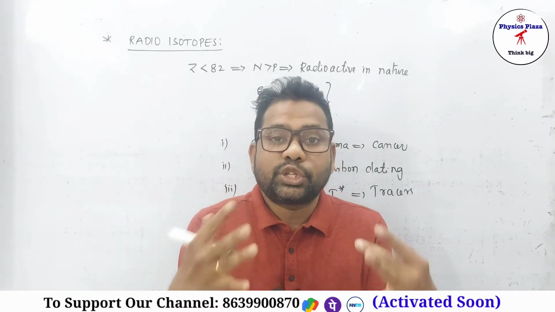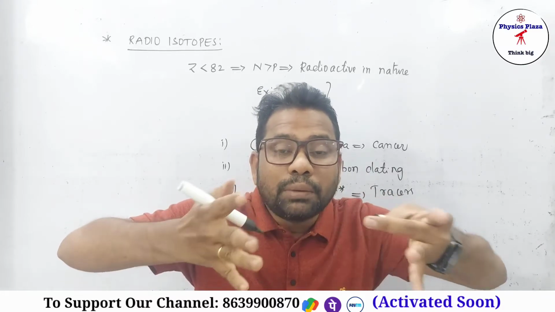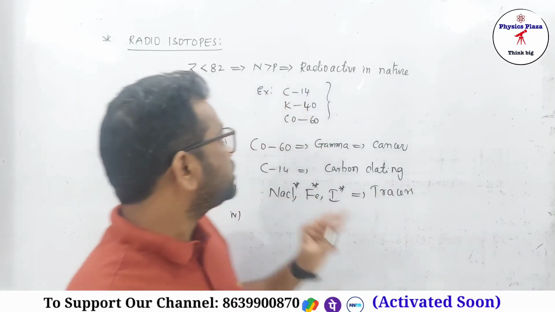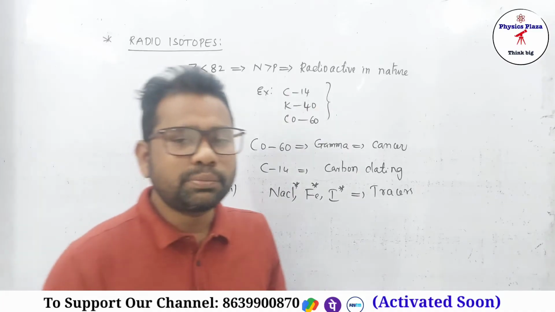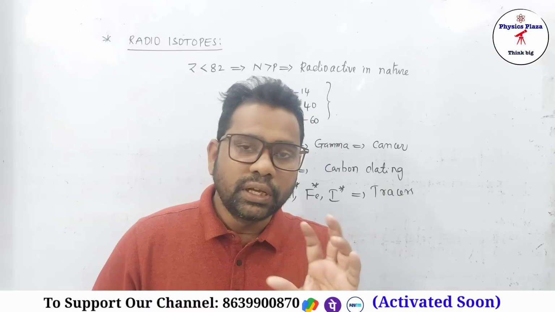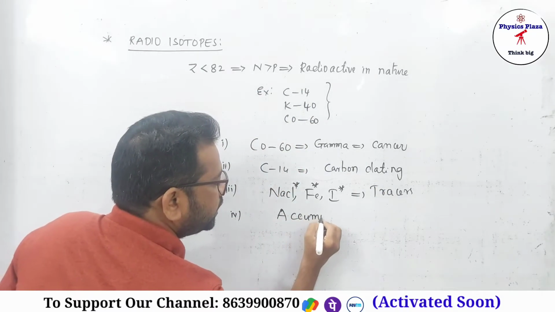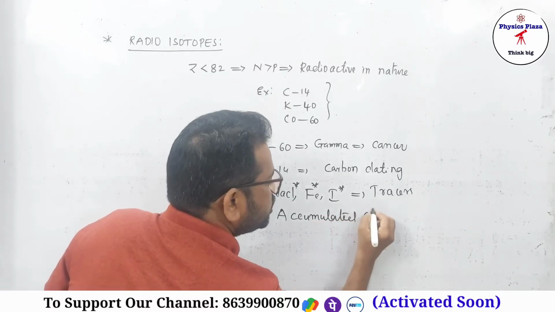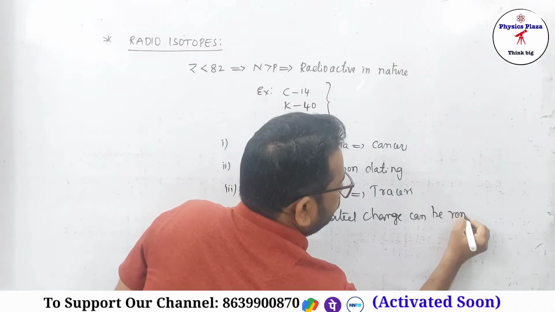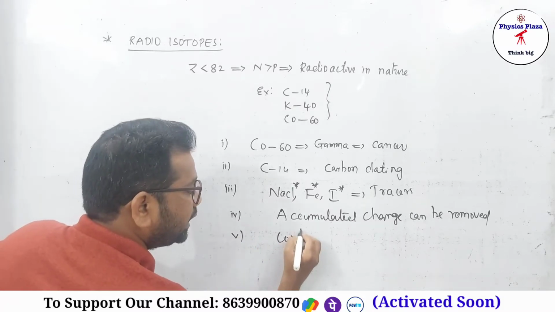Okay, fine. And the next one, children: in industries, machine parts are continuously in motion, so there is a chance of accumulating some charges on the surface of the metal bodies. That is too dangerous. So how can we remove those charges? Yes, by using radioisotopes only. The radiation emitted from the radioisotopes is used to remove the accumulated charge. Accumulated charge can be removed. Even, children, if you want to control the thickness of the paper,